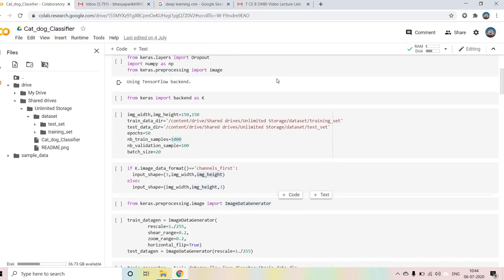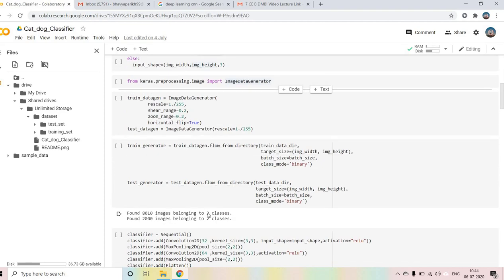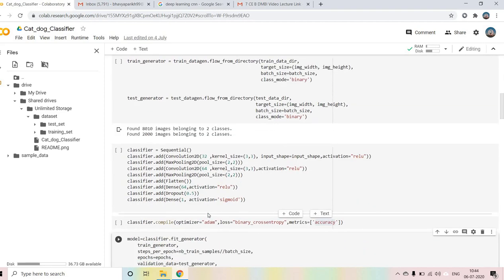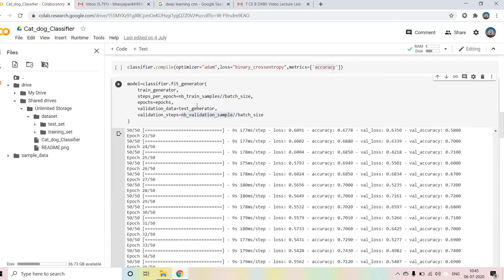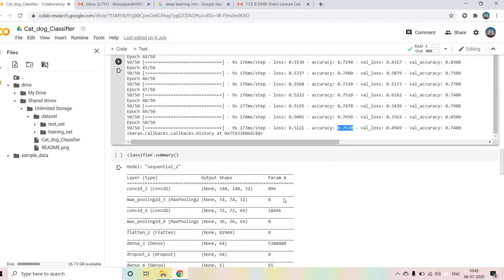So this was the basic video on CNN. If you know the structure of a CNN, what convolution is, then it will be very easy for you. We can go for some other things also, like classifier.add batch normalization. If you know these things, you just have to go through some online resources, then your accuracy will increase. I think it is a pretty good accuracy, if I can say.